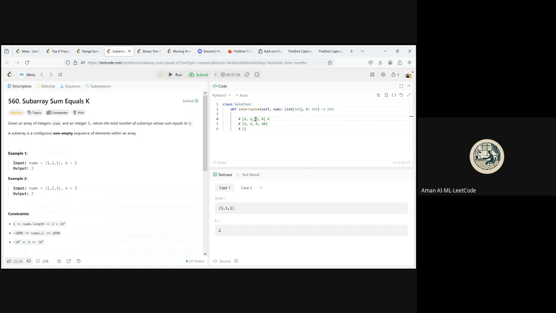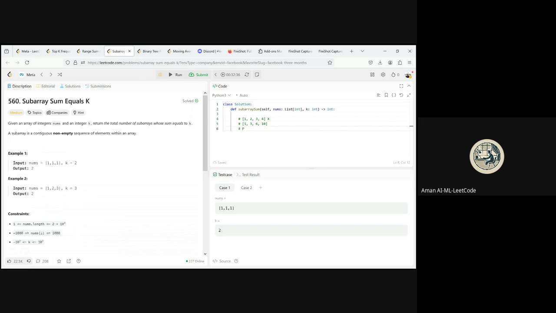If I want to get the summation of 3 and 4, I can take 10 minus all the numbers which are present here. That is also going to give me the prefix sum, all the numbers before 3 in the subarray sum. So if I do a prefix sum of 3, 10 minus 3 will give me the answer. So what I'm trying to say is